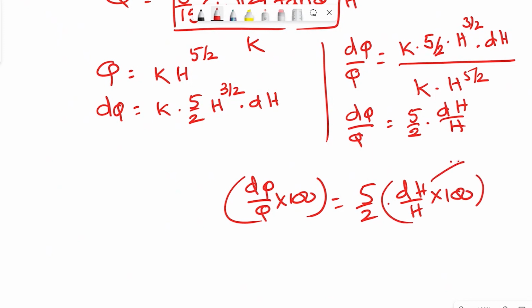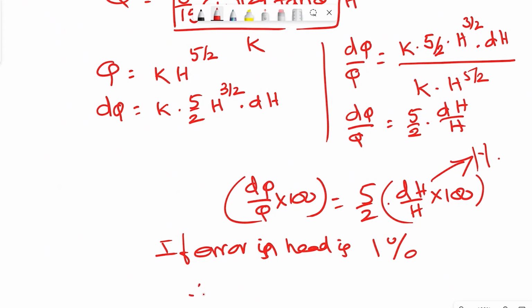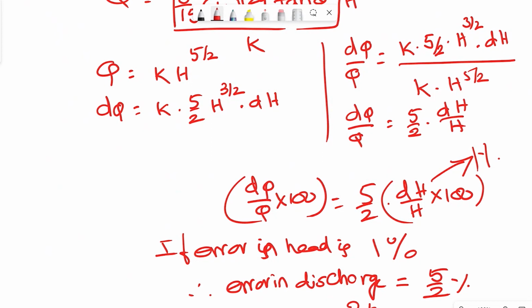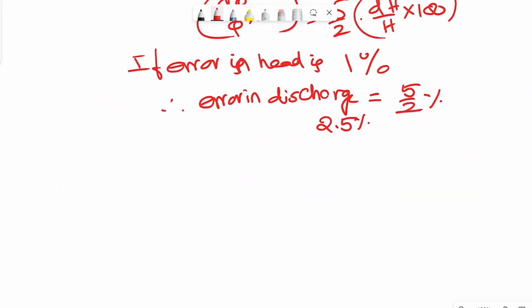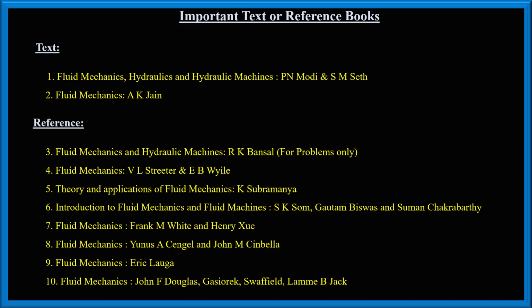If the error in head is 1%, therefore the error in discharge is 5 by 2 percent, that is 2.5%. This is another problem which we need to really understand. With this I will stop, and in the next class I will do some 2-3 problems on this